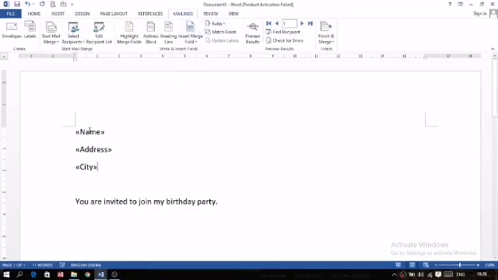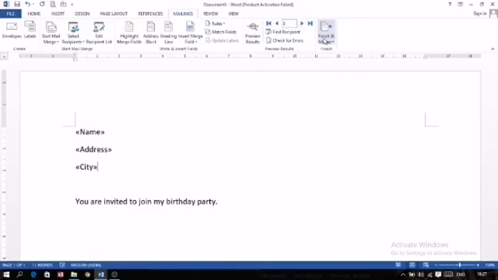After getting all the fields, for example, you have taken many fields, but here you want only a few fields, then accordingly you may take the field names. After this, Preview Results. Just click on this button, it will show you the preview. Here you can see, as you click on it, it's showing the first name, address and city. Here it is showing 1, means this is the first record, and the message is coming over here. Click on the Next button, then it is coming for the second, and then click on the third. In this way it is showing us the preview. Click on this Preview Results again and the names will be removed from there.